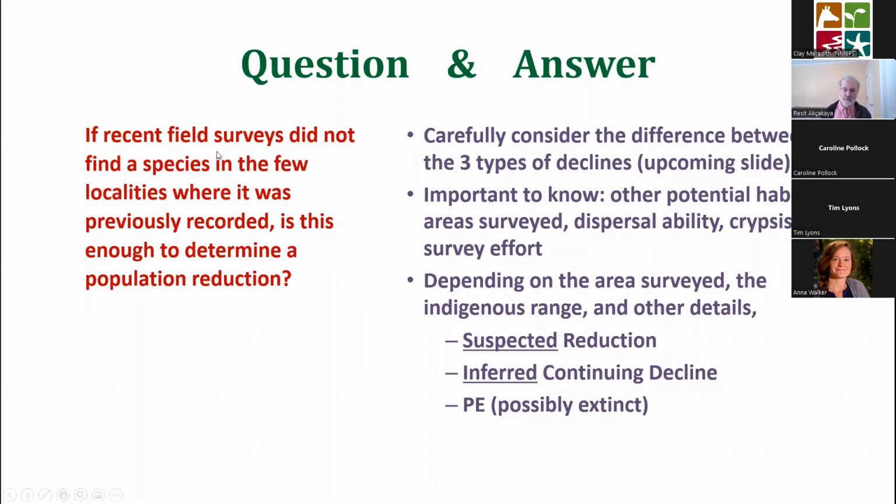But I would say another important thing to consider in these cases is the possibility of extinction. So a species can be assessed as critically endangered, possibly extinct, if field surveys did not find the species in a while. So if the species has not been recorded in several years, it can be listed as possibly extinct, depending again on the survey effort and how cryptic the species is. And there are now detailed guidelines about this in terms of how exhaustive the surveys are, how do we quantify it, and how do we use all of this information to decide whether the species should be listed as